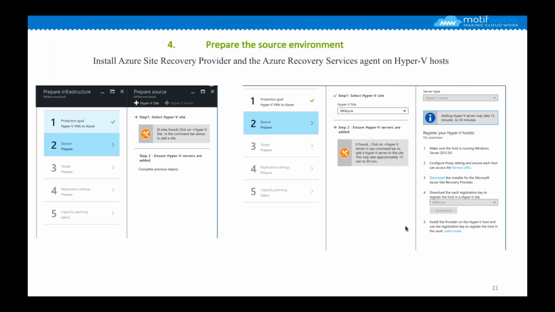The first one is that you have to download an agent or provider. Along with that, it gives you a registration key. Just keep in mind that the key is only valid for 5 days. So once you have generated it, you have 5 days to download that key along with the software, and then you go and install that on the Hyper-V host. When you are doing that, it asks for this key, and that key contains all the information on where and how it needs to connect with the Azure Recovery Vault that you have created within your subscription.